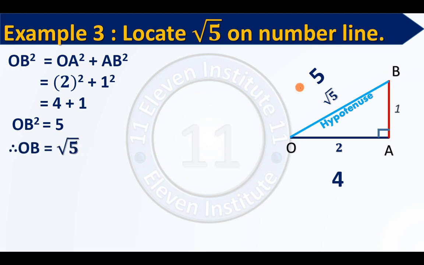So very smartly, in the reverse manner, we have predicted that the length of base should be equal to 2 units, the length of altitude should be equal to 1 unit, and when we have a base of 2 units, a perpendicular altitude of 1 unit, then the hypotenuse will be definitely of the length root 5 units. So again, the concept is simple. We will take a number line, we will draw a base of 2 units, right, altitude of 1 unit, and we will get root 5.